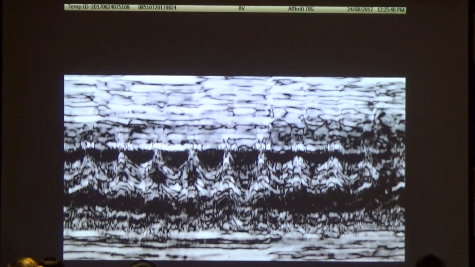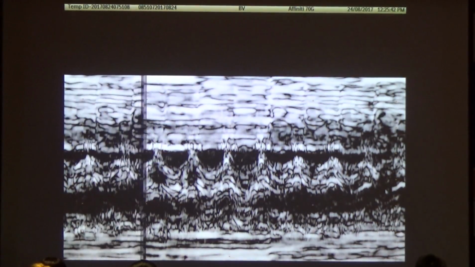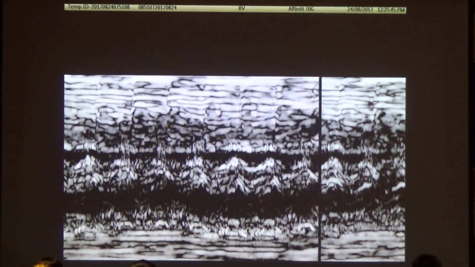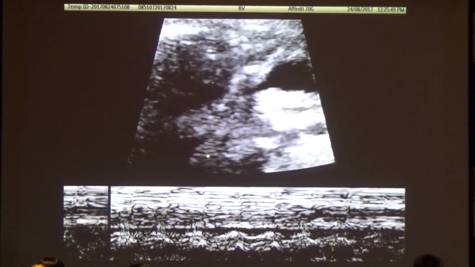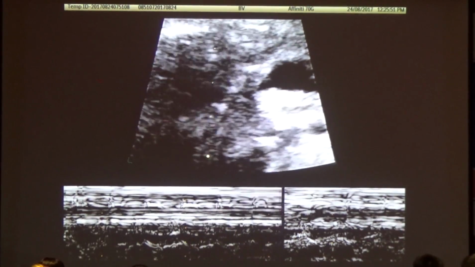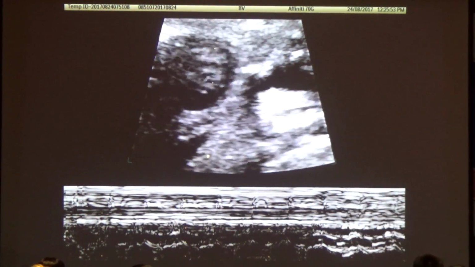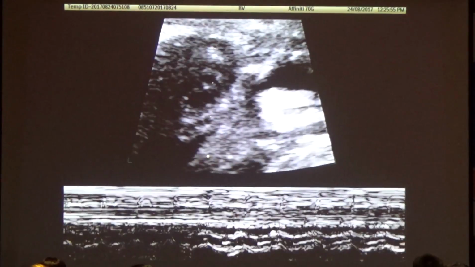I'm doing M mode like I used to do in 1970, when there was no other image that I could look at. There it is. Well, there it is. There's the box. Okay, we got one box. Hooray! There it is. Let me show you the box, because I know that a lot of people won't believe